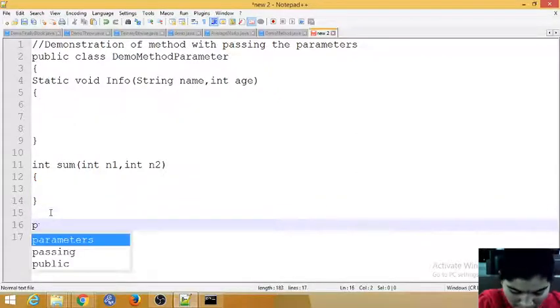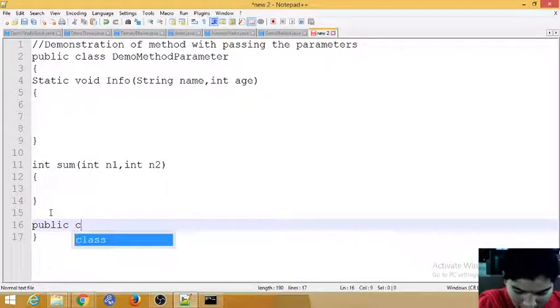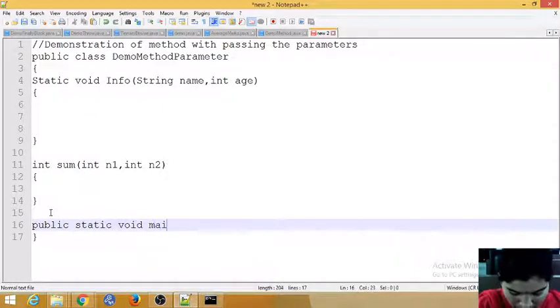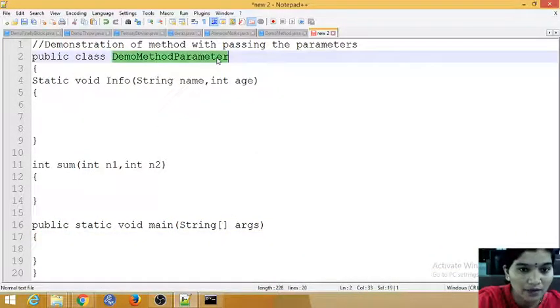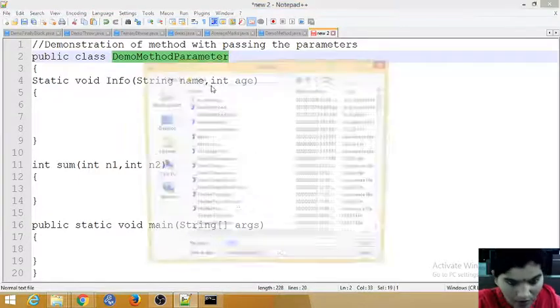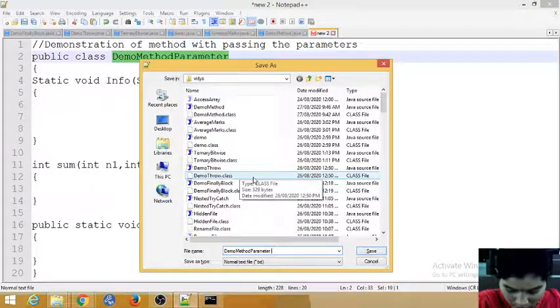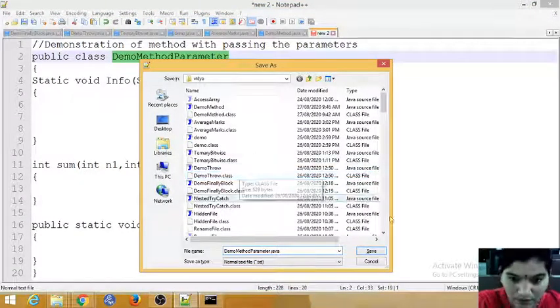Now we'll create a main method, public static void main, String args, so you are using the arguments here. Now save the file with Ctrl S, as the class name dot java.